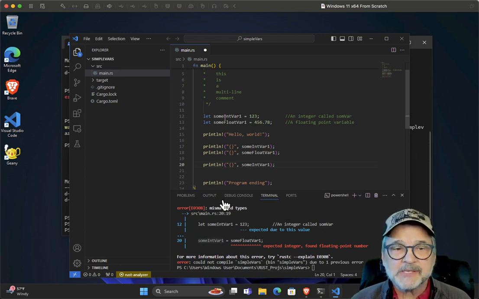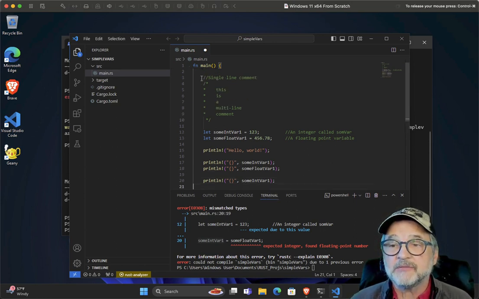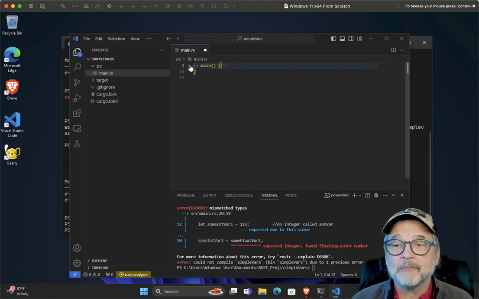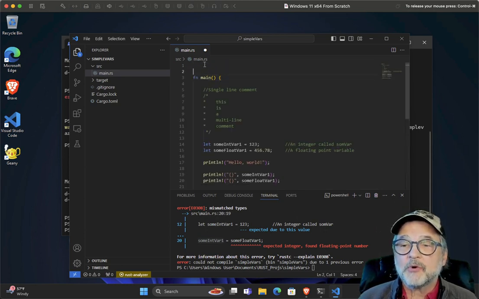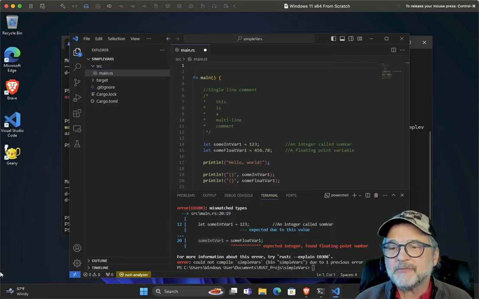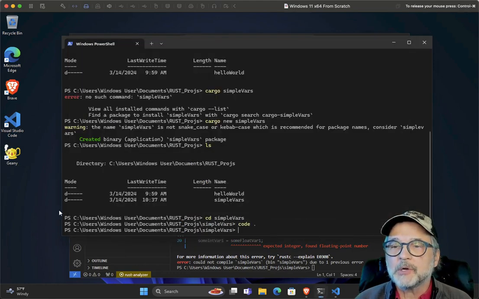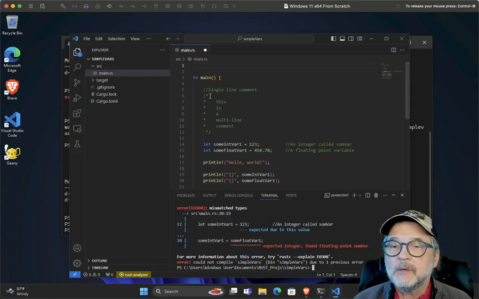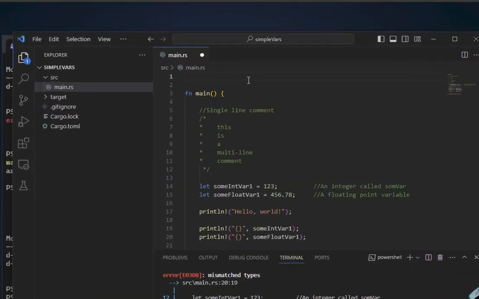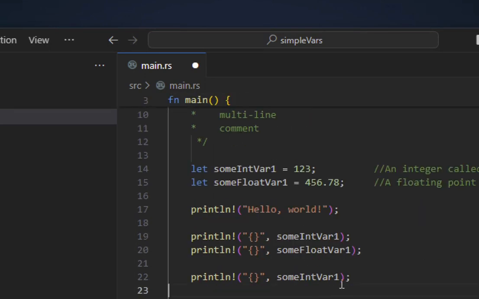Well, there is a function called size of val, which will actually tell you the size of each of these variables. Now, you're going to see why I'm doing this, but before you're able to do that, you have to include something. You have to tell the compiler that you want to include some more features of the Rust language. So what I'm going to do is I'm going to say use standard mem, and then if I want to get the size of each one of these,